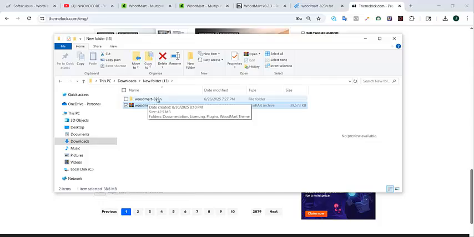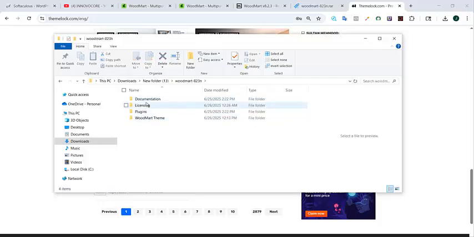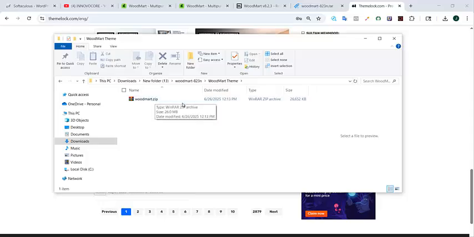So this is a folder for the theme that you extracted. You click on the folder. So over here now, you're going to see this. You're going to see a documentation that shows you how to install the theme. You're going to see the licensing, which this doesn't help. You're going to see the plugins. Most themes come with their own plugin. This is the plugin for this theme. And you're going to see the theme itself. This is the theme. So this is what you upload